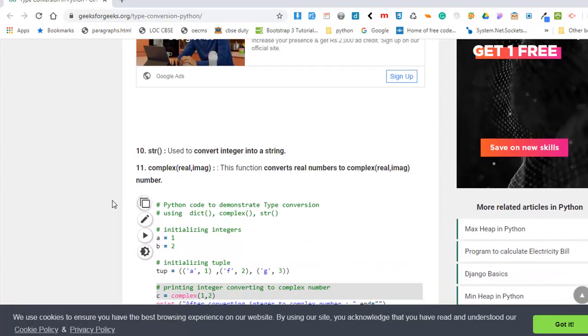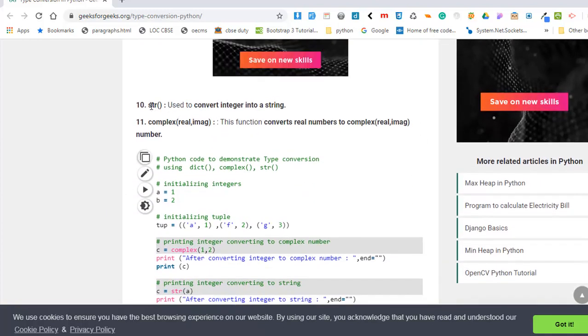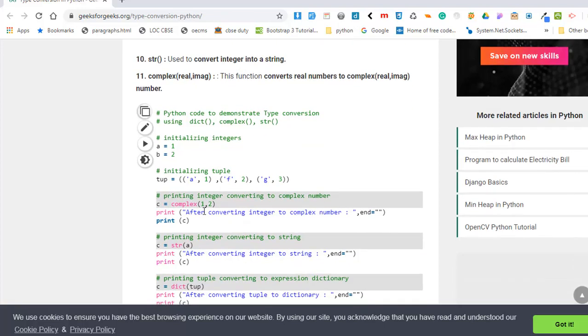And one more thing is really very important. This is called the str function. Suppose you want to convert any integer into a string, then we can use the string function, or str function. You can try it. You can see here we have a C that is converted into a string, and you can see a number is also converted into a string. Okay,